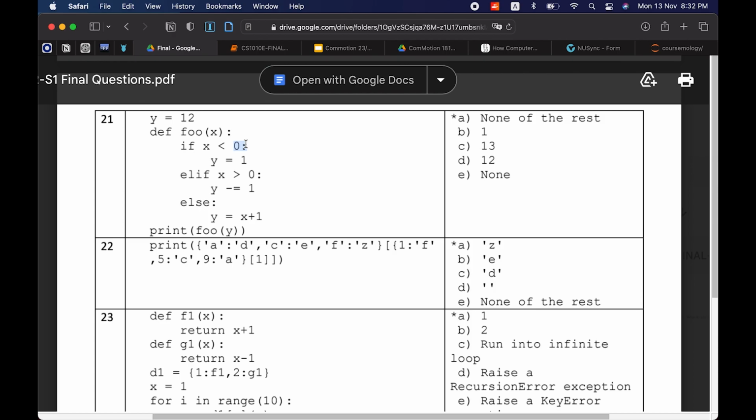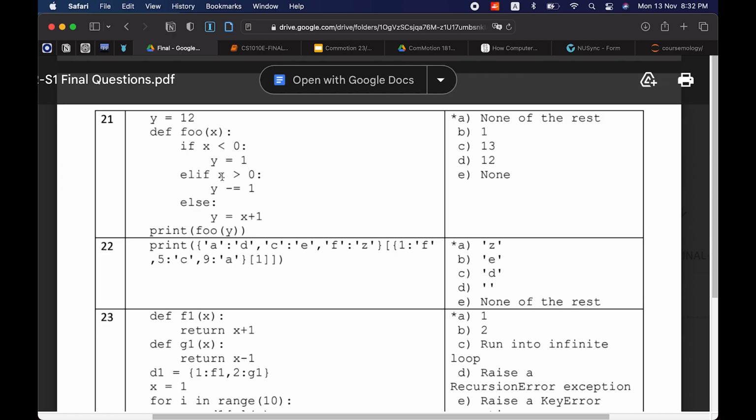Okay, so foo y 12. 12 is not less than 0. 12 is more than 0. So y subtracts 1.